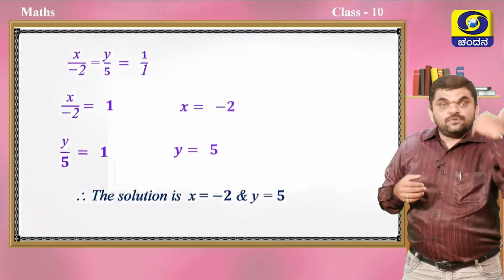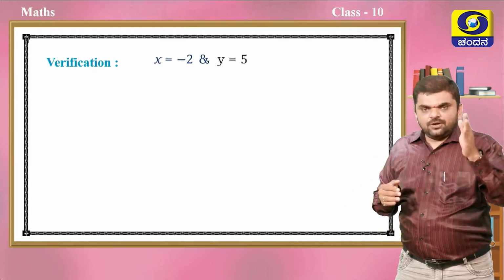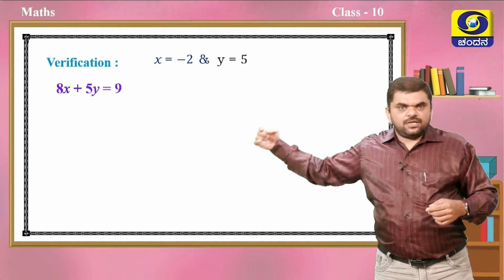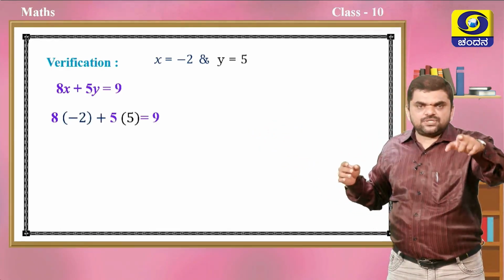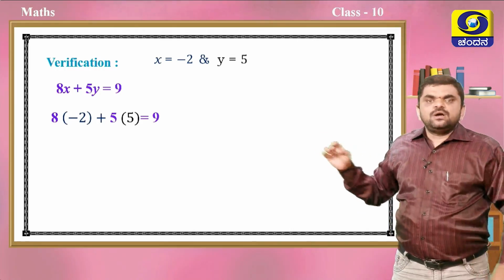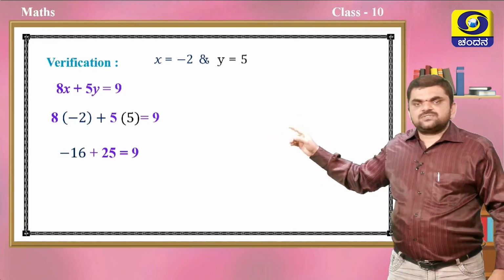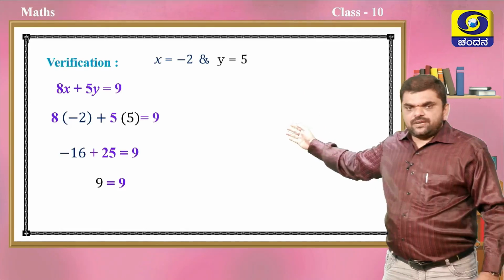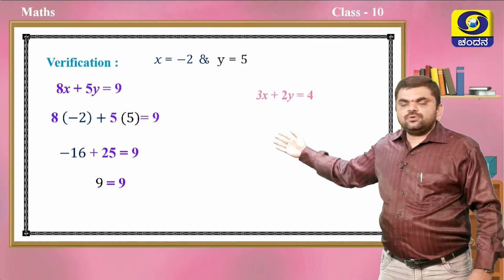Children, now let us verify this. How to verify? Value of x is minus 2, value of y is 5. Write first equation: 8x plus 5y is equal to 9. In the place of x, we will substitute the value of x as minus 2 and substitute the value of y as 5. 8 into minus 2 plus 5 into 5 is equal to 9, that is minus 16 plus 25 is equal to 9, that is 25 minus 16 is 9, 9 is equal to 9, that is LHS